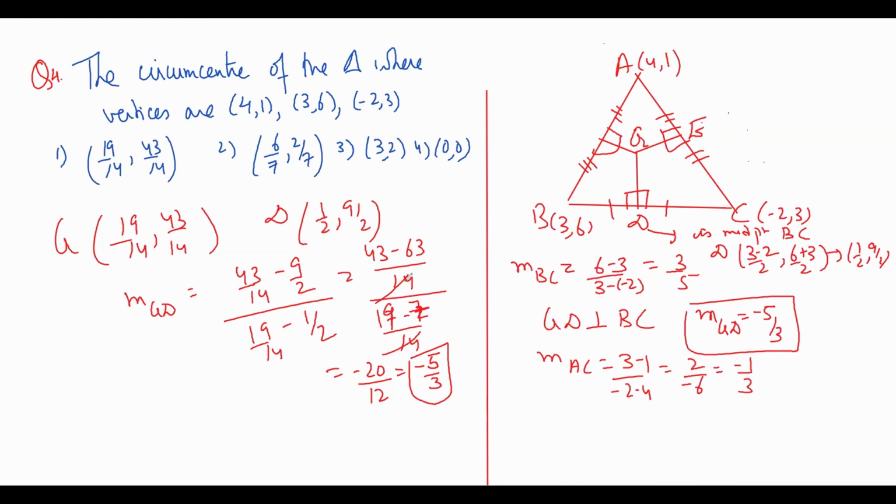Now, when I take the first option as G and check its slope with E, first of all I have to find E, and that is the midpoint of AC, x1 plus x2 upon 2, y1 plus y2 upon 2. So this comes out to be 1, comma 2. So E is here, 1, 2. Now I am checking G with E. What I require is my slope to come out to be the negative reciprocal of minus 1 by 3, that is 3.